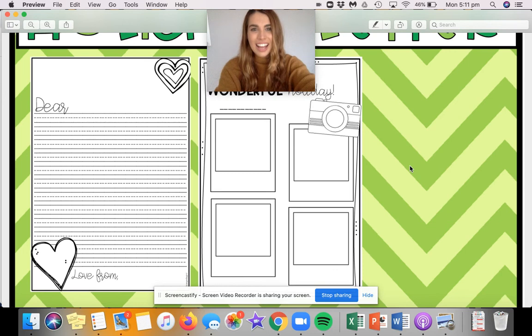Hi Year 1, today for writing you're going to be writing a letter. You can either print out this sheet that you see on your screen now and write straight onto the dotted thirds on there, or you can write in your holiday learning book. If you run out of space in your holiday learning book, you can use any other journal or paper or